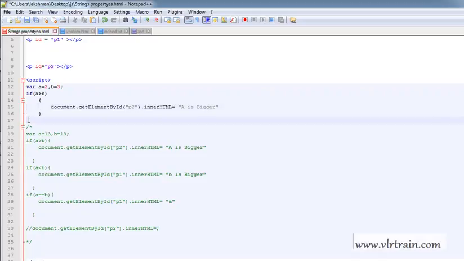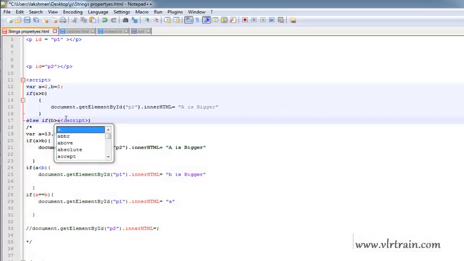Else, if b is greater than a, "b is bigger".